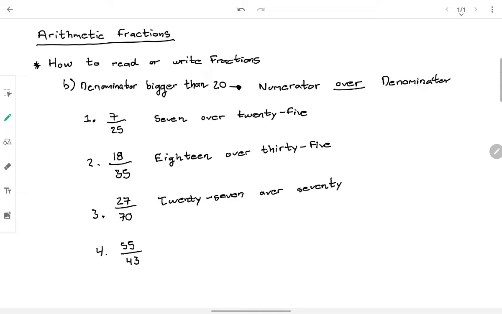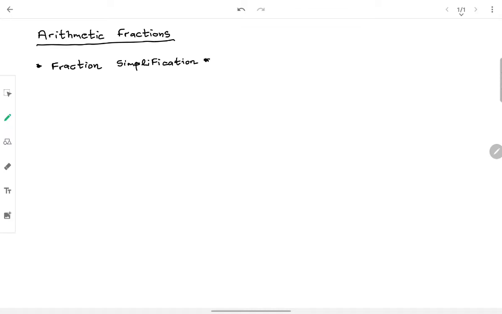And in the fourth one, we have 55 over 43. So this is the form that we are going to use to read or write fractions where the denominator is bigger than 20. The next part will be fraction simplification, that is nothing other than dividing a fraction